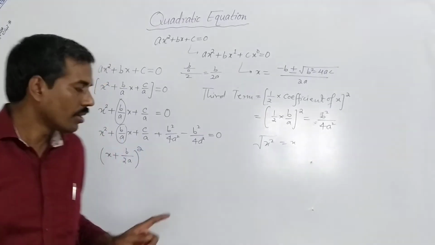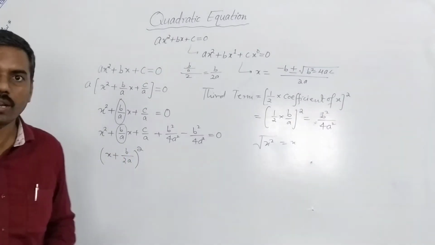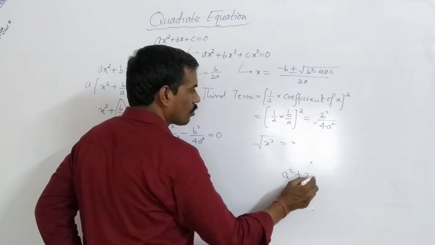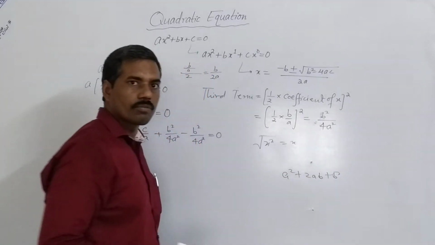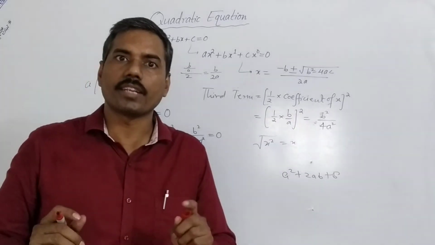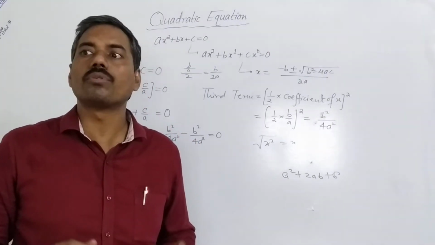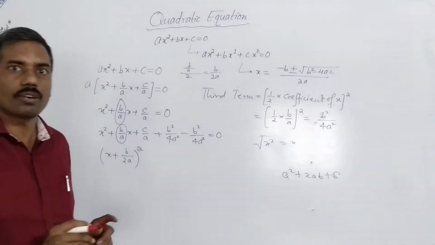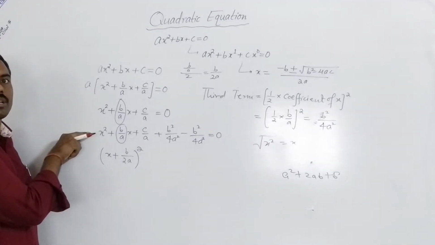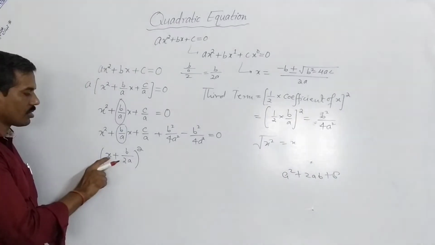Okay, now we have a plus b to the whole square, and we know that a plus b to the whole square is a square plus 2ab plus b square. It means that in this bracket three terms are included. Which terms are included? We have to find out which three terms are included from the above step. Okay, let us take a plus b to the whole square, where a square